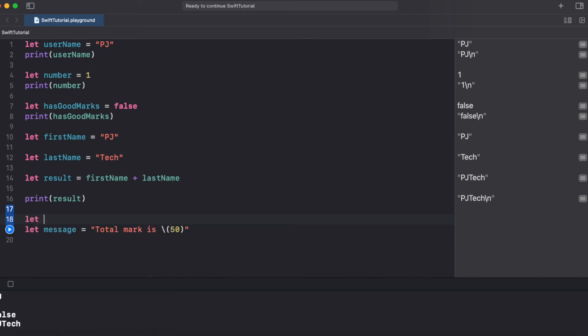Let total mark equal to 50. Now I want to replace this 50 with this variable, right? So we just have to copy this one and then put it here. That's it. So this is the whole string, but within that string we are injecting a different type of object. That's called string interpolation.